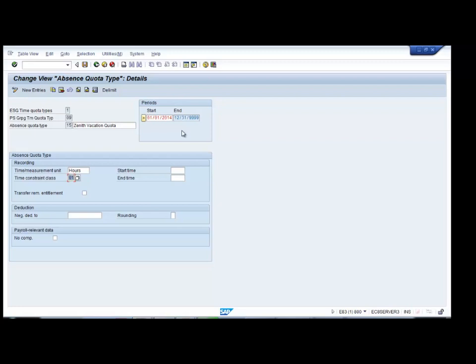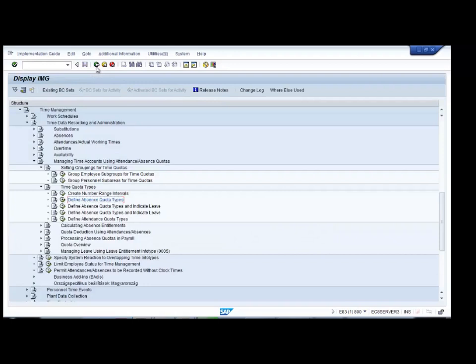So there is a collision between two particular records of the same info type. I mean info type 2001 is absence info type, right? So now you are creating two different absences on the same day. How will the system record? You cannot be on vacation as well as on sick leave on the same day, right? So the system will remind you, hey, you cannot apply because there is already one record created. So I am putting 01, meaning that only one record can be created at a time. I am saving that. Now I have defined my absence quota.